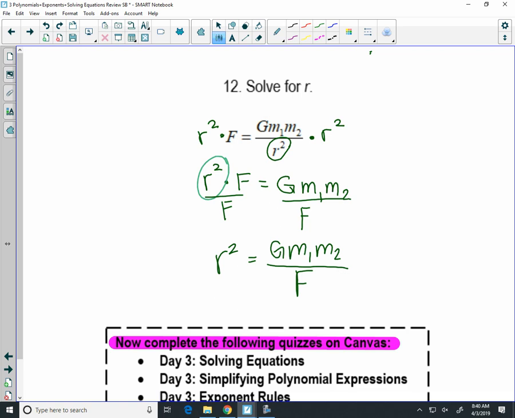And now we don't want r squared, we want r. How do we undo a square? Square root. So what we're going to do to both sides is this. The square root goes over the whole entire fraction. And you're done. You can't take the square root of g if you don't know what g is. You actually would have to know what each one of those variables was, do that division and multiplication, and then take the square root. So your final answer